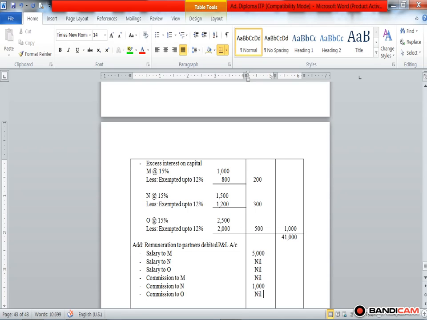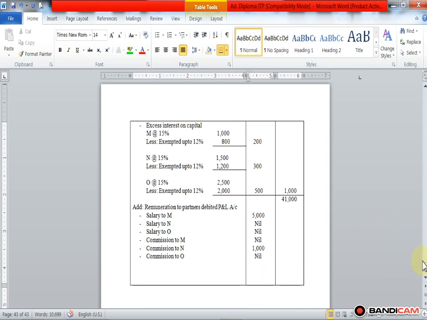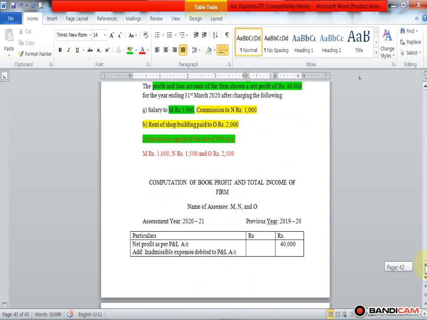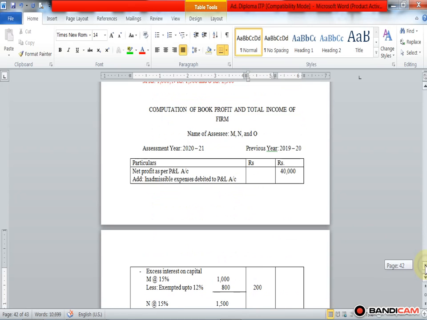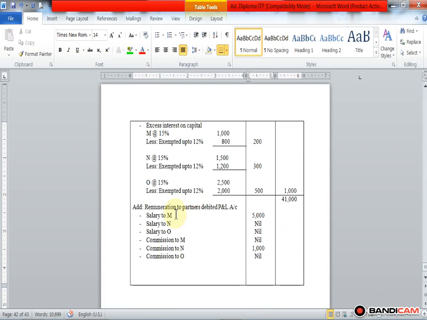So here we make the total of the inner column. Okay, bonus is not given to any one of the partners, so we ignore the bonus. But here salary is given to only partner M, salary is not paid to N and O. Commission is paid to only N, not M and O. Here only two partners are working partners, that is M and N. O is not a working partner, and salary and commission are not given to O,